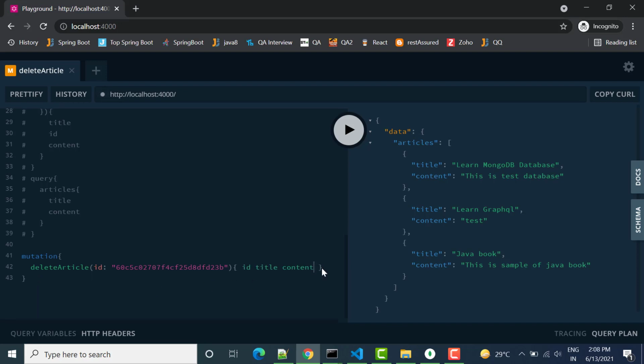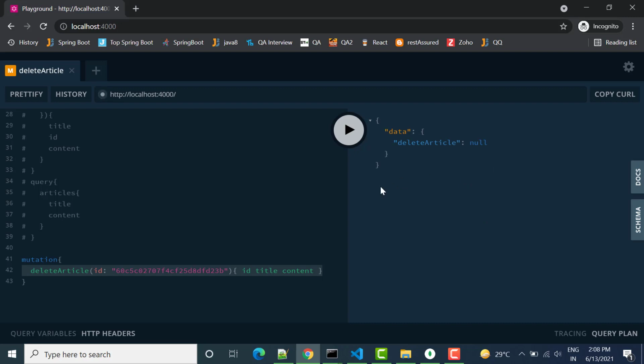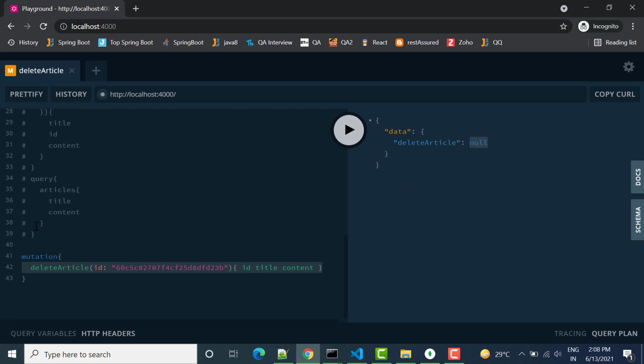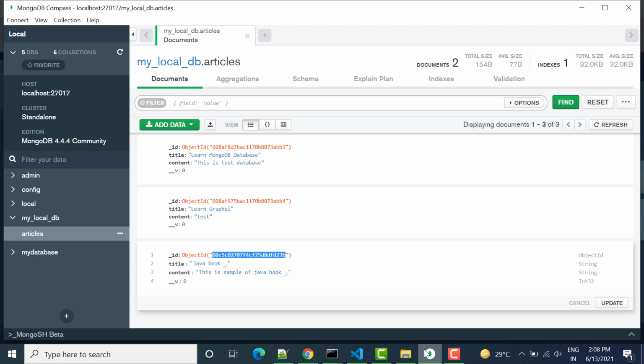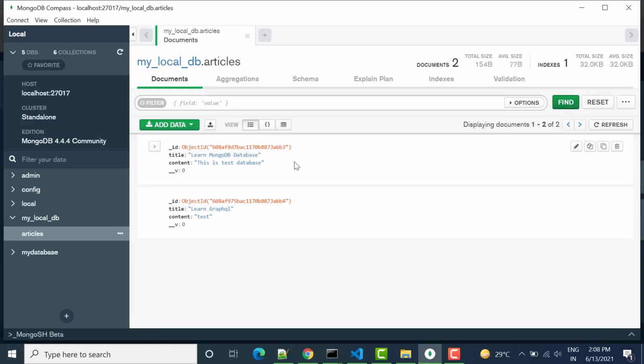So yeah, you can see we have only one mutation here. Let's click send, and if you are getting null here, okay, let's check whether the other thing is working or not, or maybe it is deleted or not. Let's just click send. Okay, so it is deleted, right?